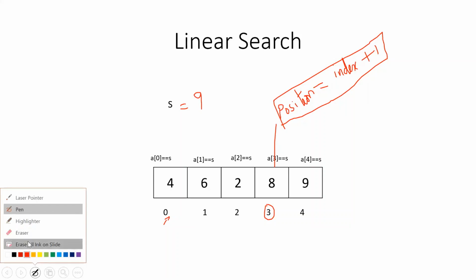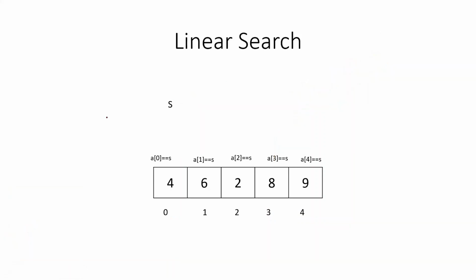Our problem is to search for and return the position of an element in an array. I'm using a variable to accept the search element. If I enter the number 4, it should return the position of the element 4 as 1. If I enter 6, it should return the position as 2. And if I enter 9, the program should return the position of the number 9 as 5. That is our solution to the problem.